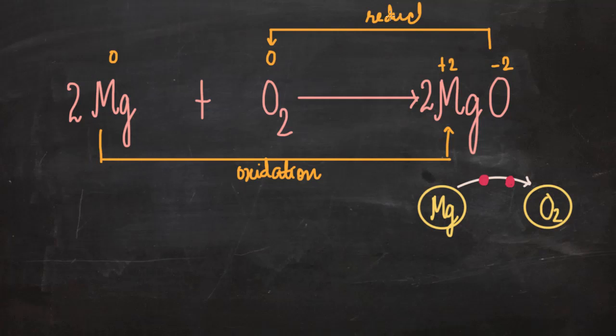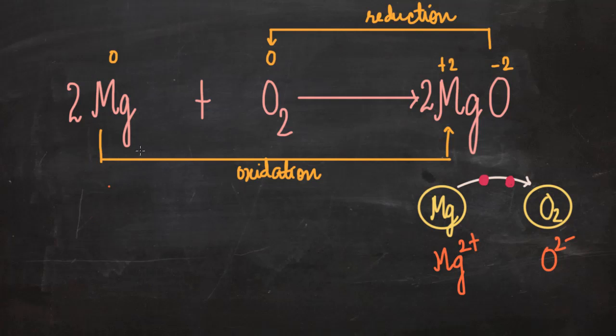This is reduction. Can we see this in terms of transfer of electrons? Yeah, why not? We have magnesium. It is becoming +2. So that means it is donating 2 electrons. So there should be something to accept those electrons, and that something is oxygen here. So oxygen accepts those electrons. So this becomes Mg2+, and a charge of -2 comes on an oxygen atom. So magnesium is getting oxidized, oxygen is getting reduced. Oxygen becomes oxide ion.